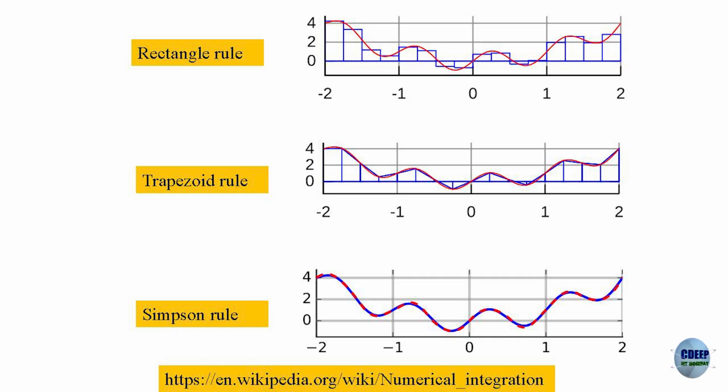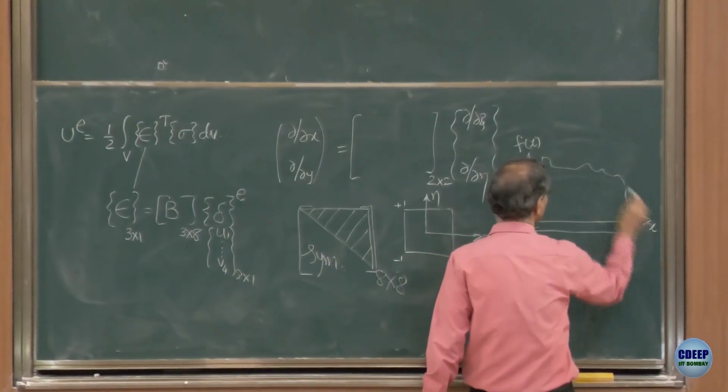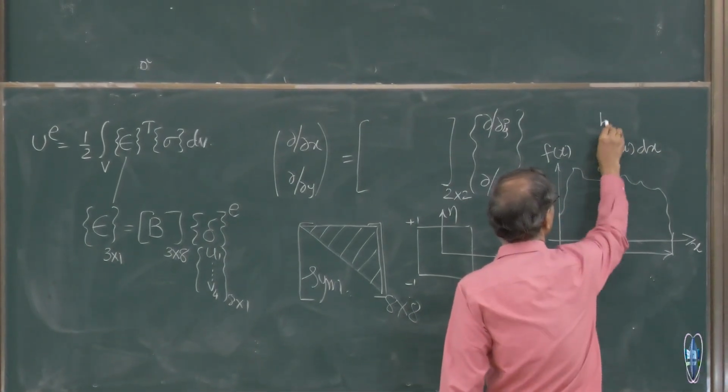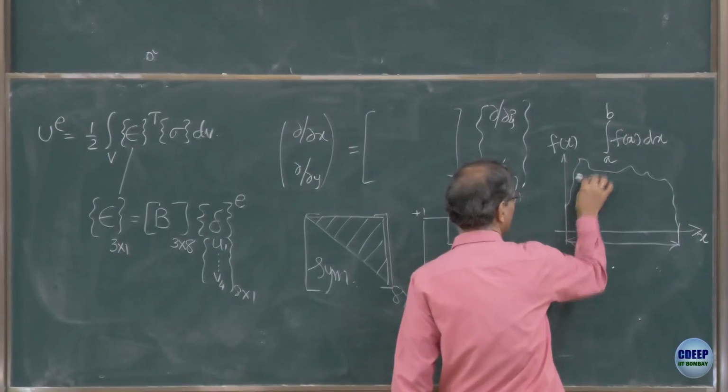So, what did you do in this type of numerical integration? The fundamental idea is simple. When I have to find the integral of any f of x over an interval, integral of f of x dx over a to b would mean the area under this curve,